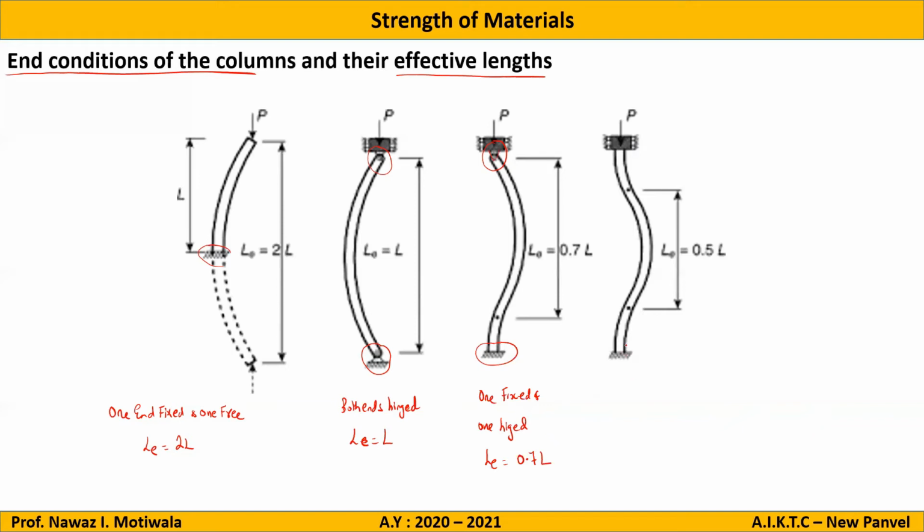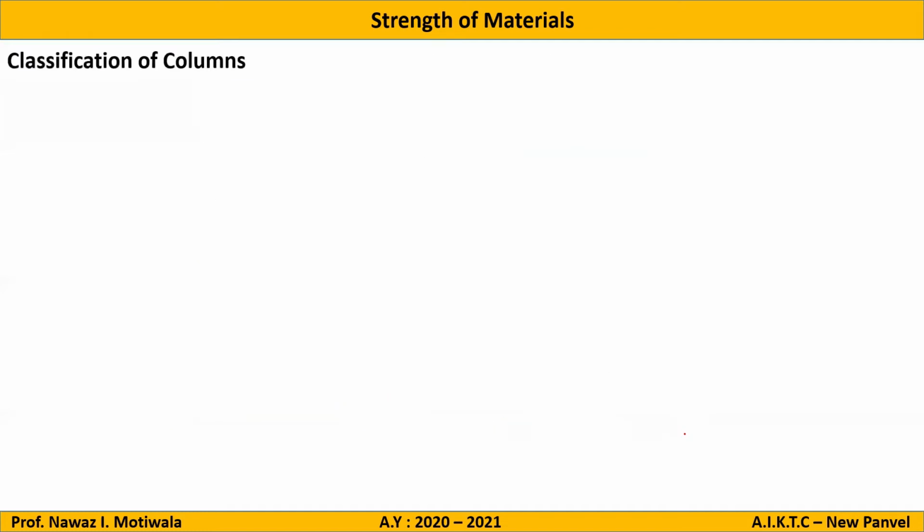And in this case, here you can see it is a fixed end, and here also there is no hinge shown. That means it is also a fixed end. So I can write here it is both fixed. For a column in which both ends are fixed, LE will be equal to 0.5 L, or you can say L by 2. Again, I would like to mention that this is an important slide. In most of the problems, you will encounter this and you have to take the respective LE for the calculations.